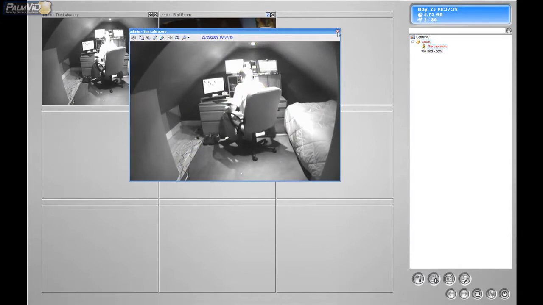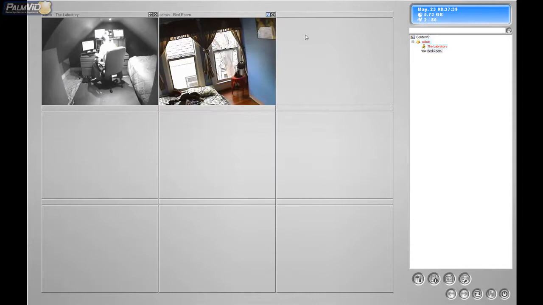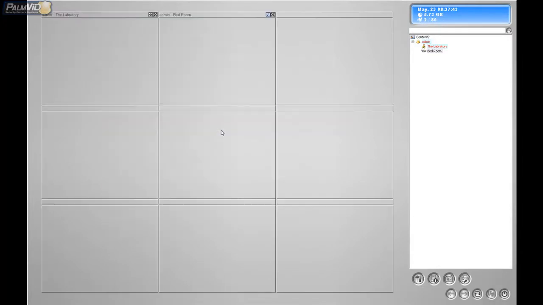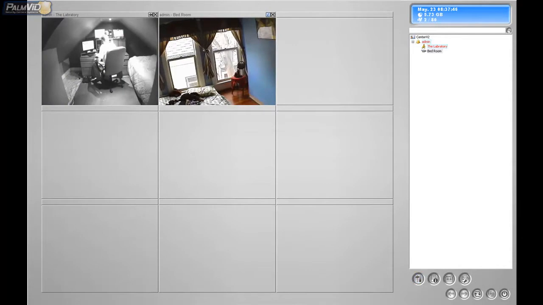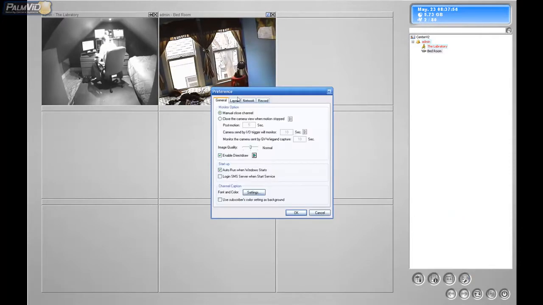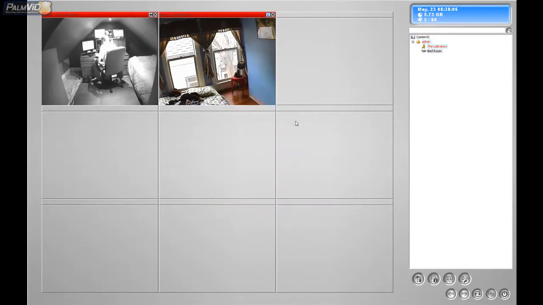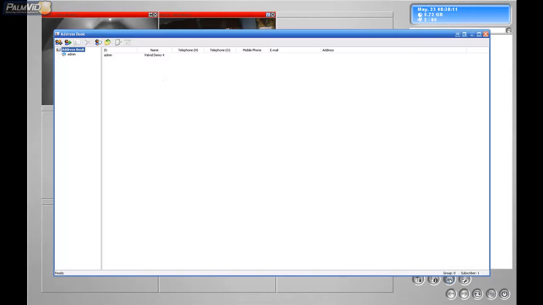Okay, so that basically went over the live view, let's see here. Okay, so went over that, and then snapshots, saving the AVI file, making a recording. Now, let's go over font and color, use subscriber color setting as background. Let's click that. Let's go to settings. Okay, not what I was looking for. Oh, okay. Now when we go to the accounts,